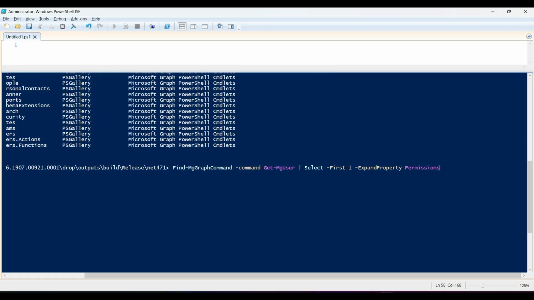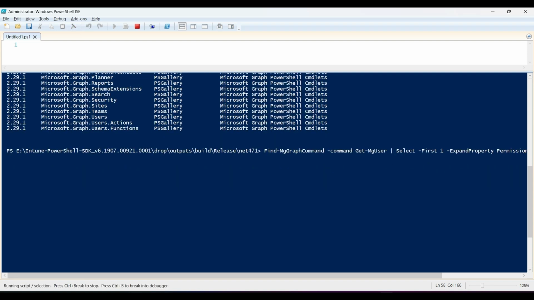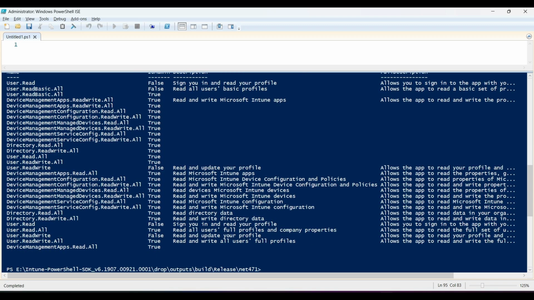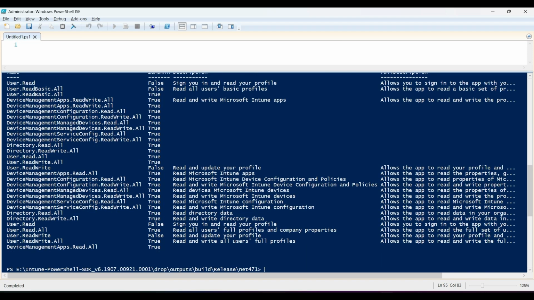Okay, so I'm pasting this command and pressing enter. This command is actually looking for all the permissions which are required. Now let's press enter and wait for some time. If you look, you can see there are permissions granted for